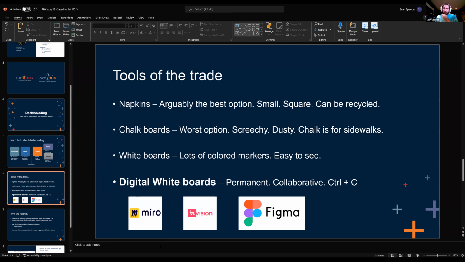The three products that I've used for digital whiteboarding would be Miro, InVision, and Figma. Now, more or less for digital whiteboarding, these tools are very homogeneous. I think it really just depends on if you like yellow, pink, or multicolored. Miro, I'm not 100% certain on this, but I believe that they have collaboration with the Microsoft suite, and that can be folded into your kind of office suite.